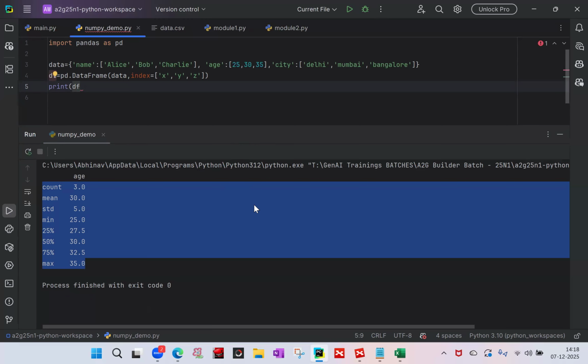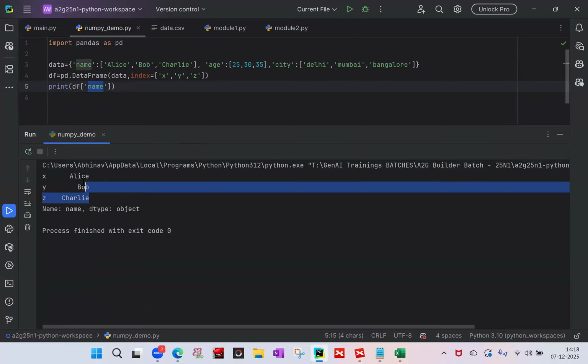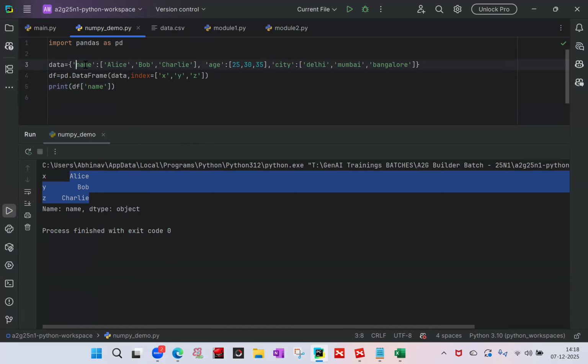And if I want to get the values for the key name, I will get all the values under the name key which I have defined in my data frame. So this is giving one column, it is providing the values of one column. If you want to see multiple columns,